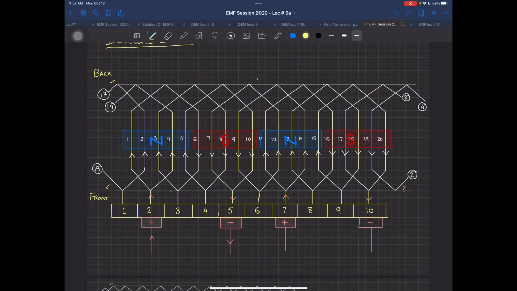So 9B will be related to your duplex winding. And then, since 10 is done, 11 will be about the wave winding, and as soon as this is done, I will give you assignment number 2. Meanwhile, do this assignment number 1 which I have given.